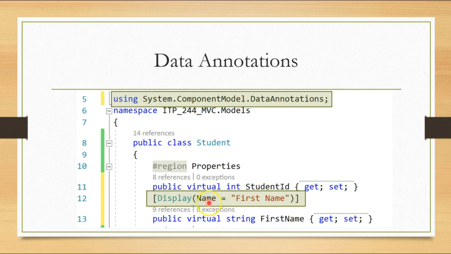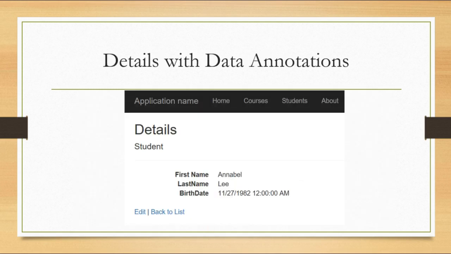I'm going to set the name property to "first space name". Again, this goes right above the property for first name. Let's run the application again, and this time we can see we have first space name. Without changing the view,